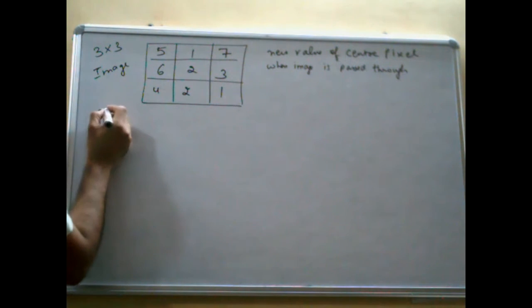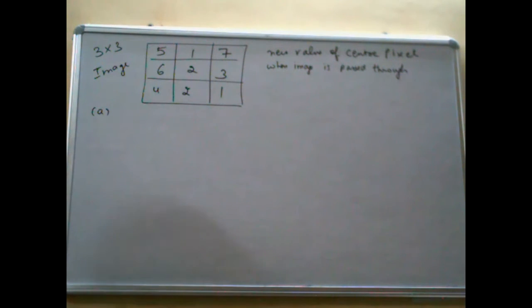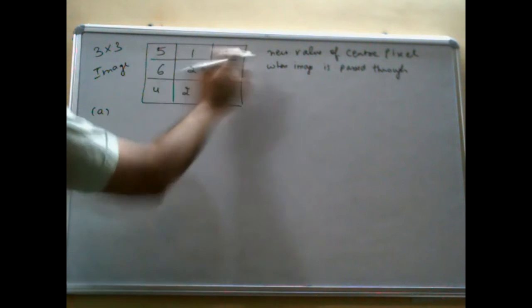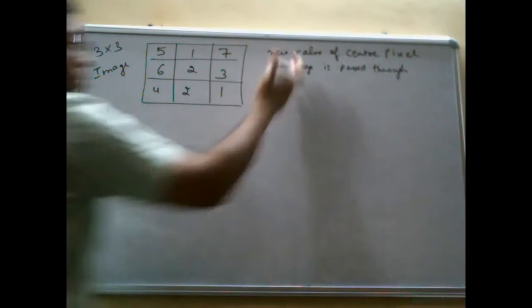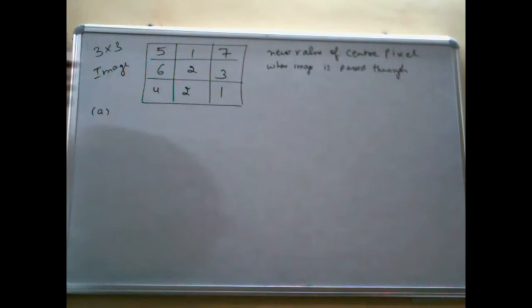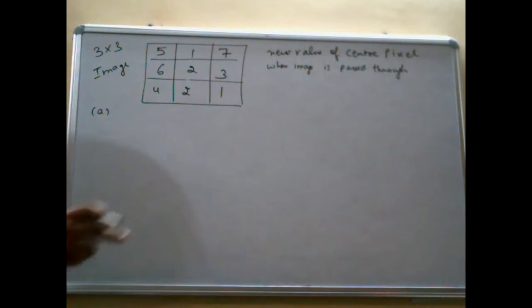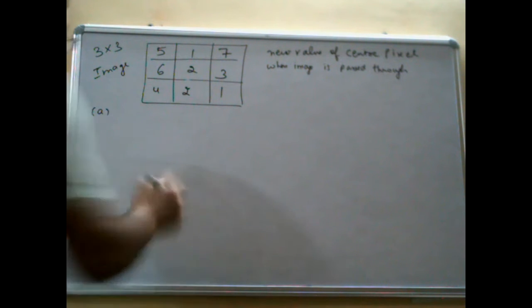Okay, number 1. So this is the 3x3 sub image given to you, 517623421. You have to find the new value of the center pixel when this entire image is passed through. Number 1 is your